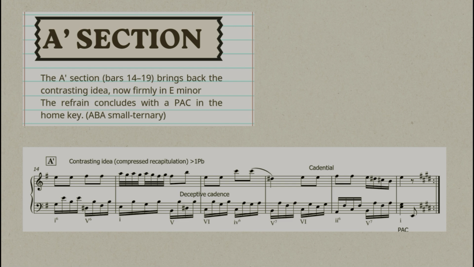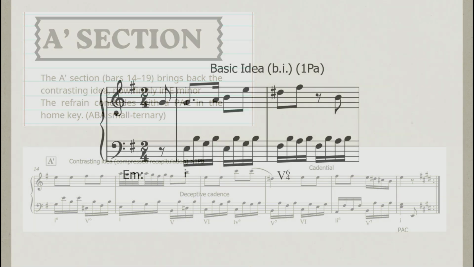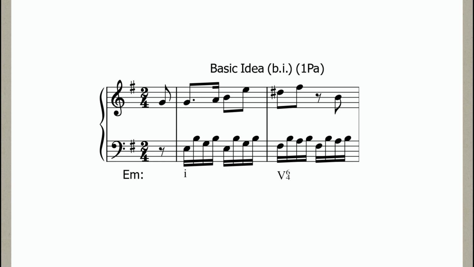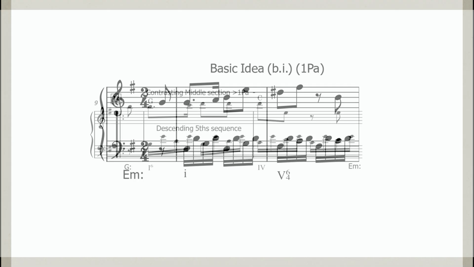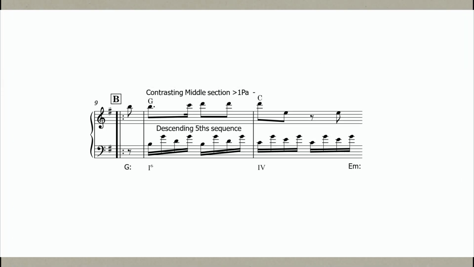The cadence in E minor at bar 19 clinches the tonic and makes the refrain a self-contained unit. Thematically, Haydn's refrain is straightforward and memorable. Its 2-bar basic idea, a folk-like tune, is stated and then immediately varied by the tonal detour to G major, showcasing Haydn's ingenuity in phrase extension and harmonic surprise.